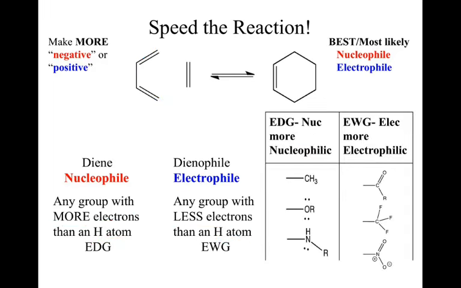As a brief summary, we've got some examples of some electron donating groups. Notice that they all have more electrons than hydrogen. The big tip-off is that we have an atom with lone pair electrons immediately attached to our structure. In our electron withdrawing system, we have atoms that are missing electrons. Our carbon, as it's attached to our diene or dienophile, carries a partial positive due to the resonance with that